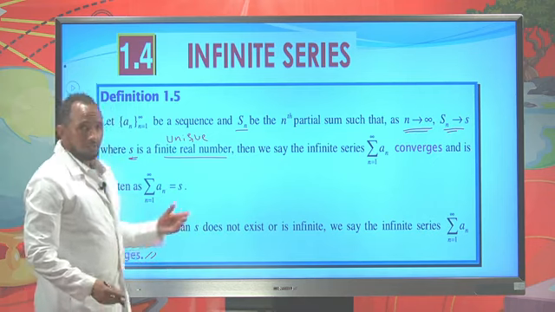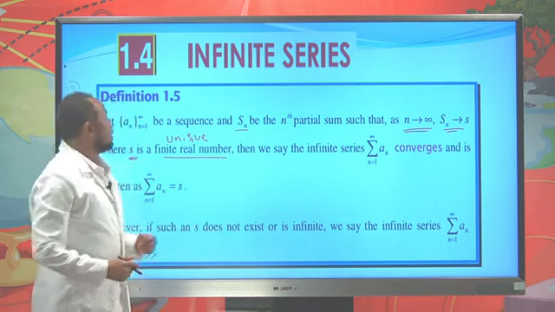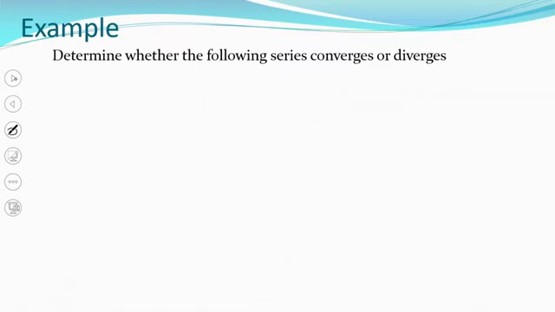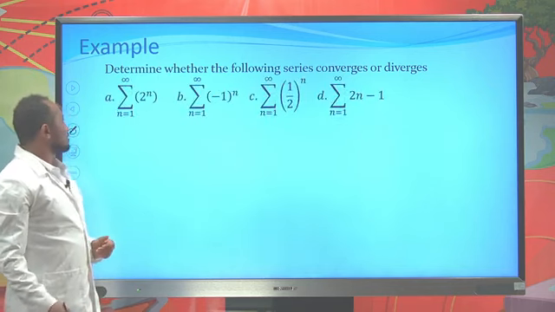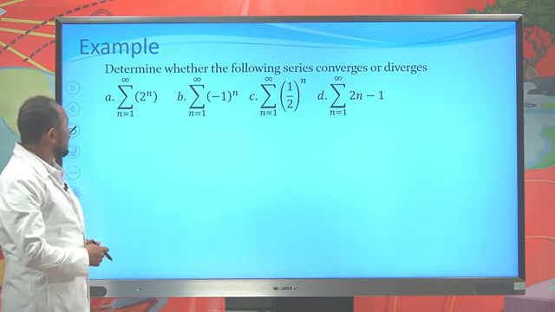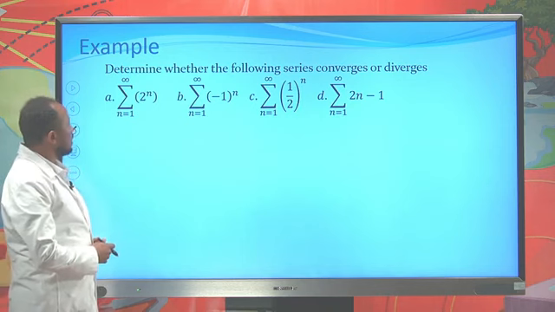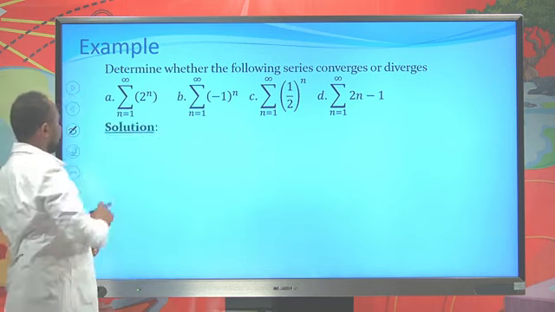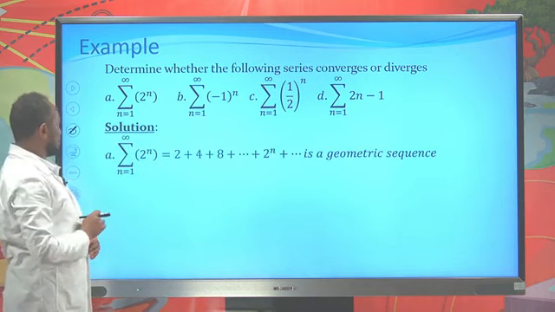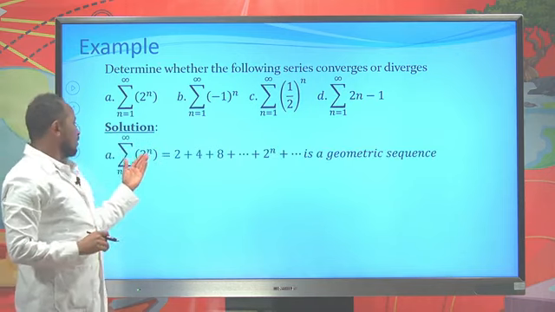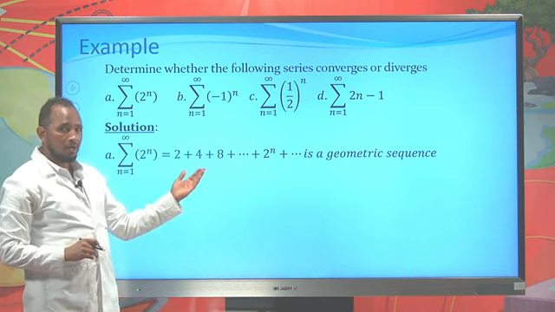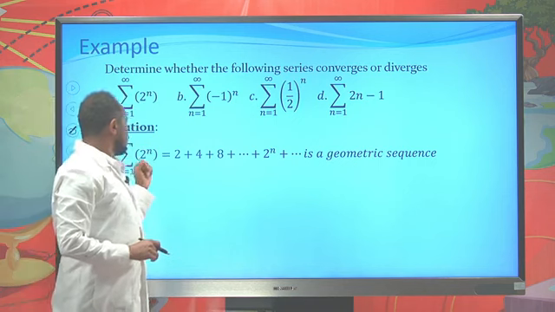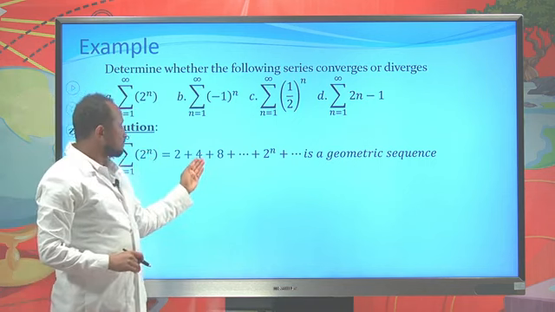So, now let's see an example for this. Determine whether the following series converges or diverges. Now let's start from the first one. The sum of 2 to the power of n, where n starts from 1 up to infinity. This is written in this form. The first term is 2 to the power of 1, which is 2, plus 4, plus, and it goes